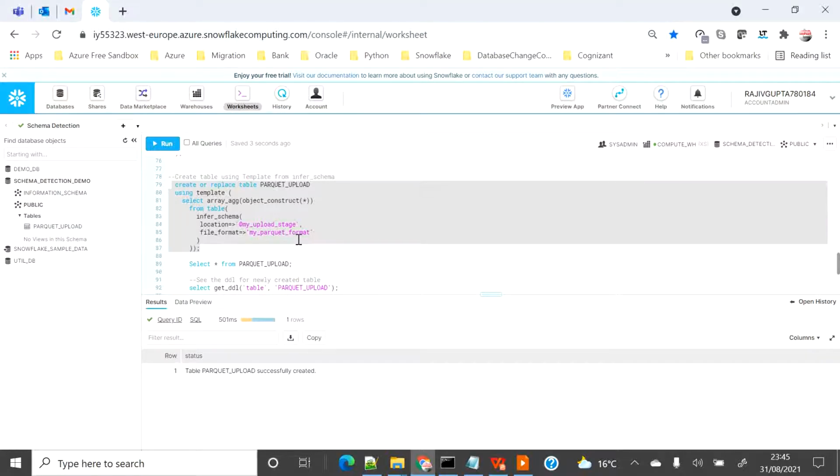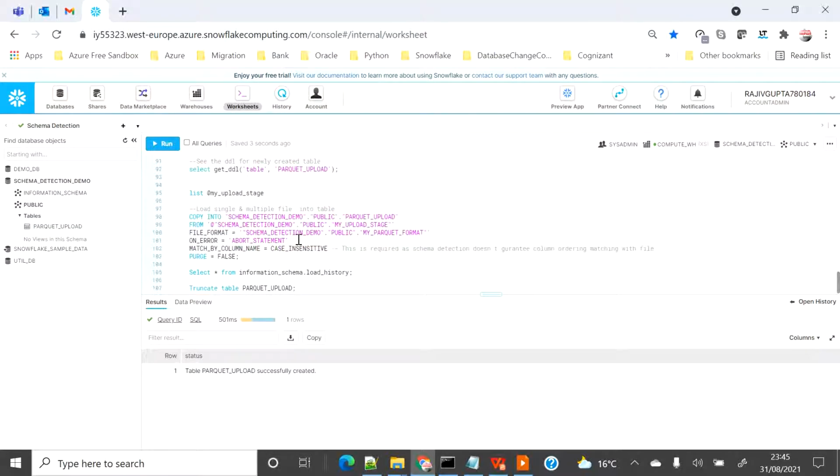So now data is not loaded, and as we know, we have a single file in the internal stage, the file which I have uploaded, and I know that it contains 1000 records. So let me execute this copy command.